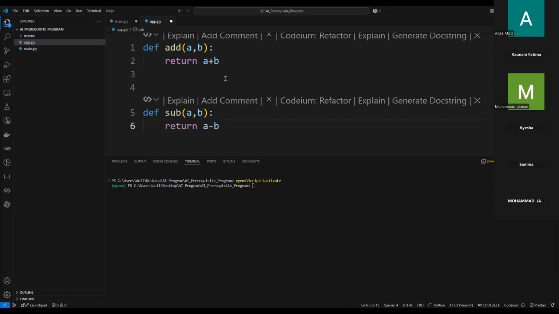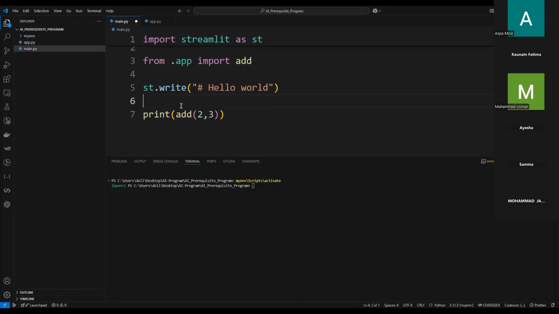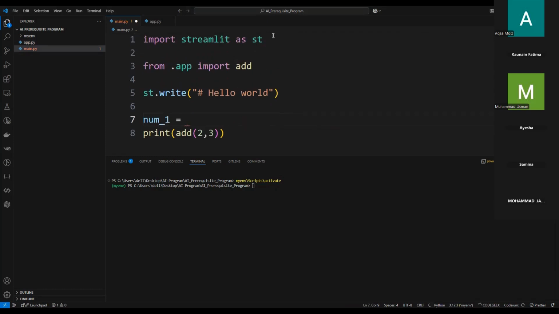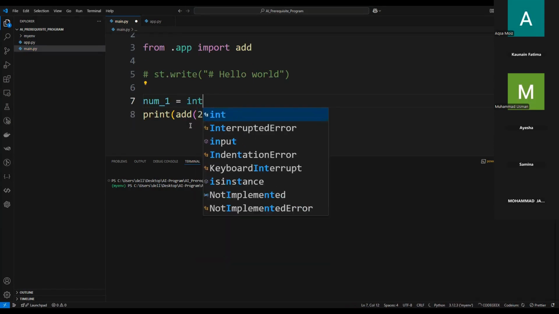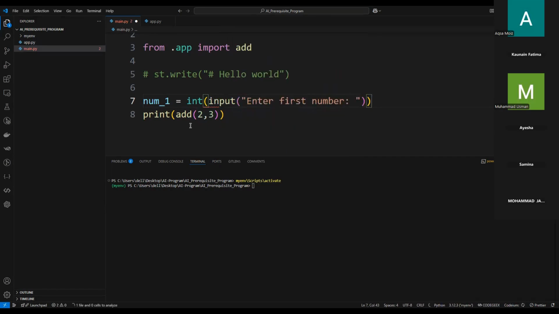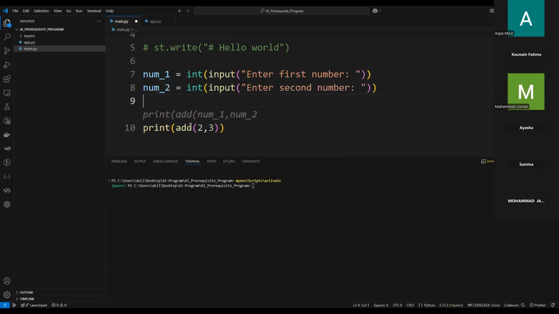आपने वो भी बना लिया। ठीक है, सबट्रैक्ट का फंक्शन भी बना लिया। अब आप कहते हो ठीक है, ये दोनों चीजें बन गई, बट मेरे पास डेटा कहीं और से आ रहा है। डेटा कहाँ से आ रहा है, यहाँ से आ रहा है। लेट सपोज मैं यहाँ पे लिख देती हूँ num1 इक्वल्स टू, अभी स्ट्रीमलेट को हटा देती हूँ ताकि फिर इसको भी बाद में समझाऊंगी तो समझ आ जाएगा। ठीक है, मैं लिख देती हूँ num1 इनपुट, पहले इंट लिखूंगी, फिर लिखूंगी इनपुट, एंटर फर्स्ट नंबर, एंड देन num2 लिख के एंटर सेकंड नंबर।